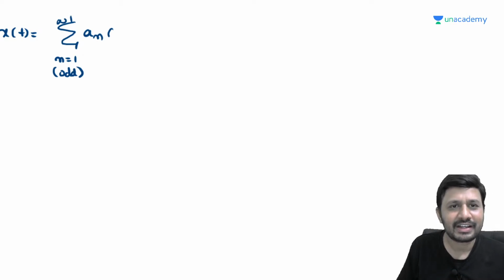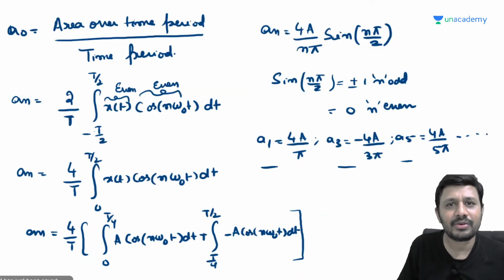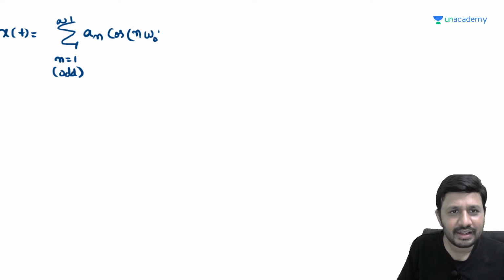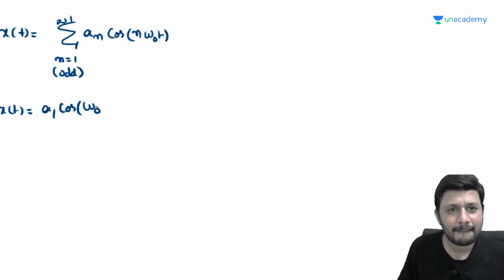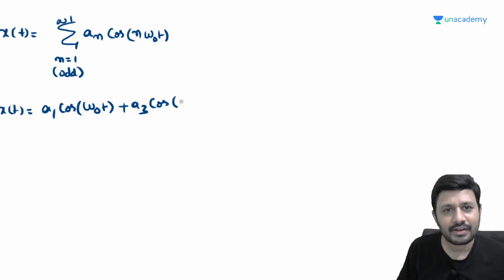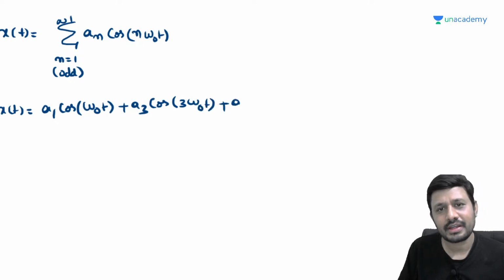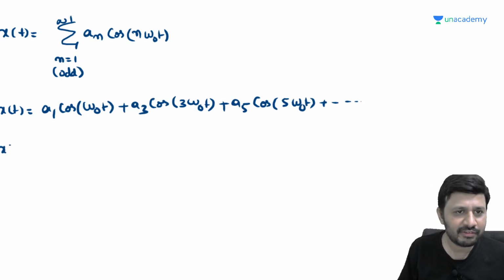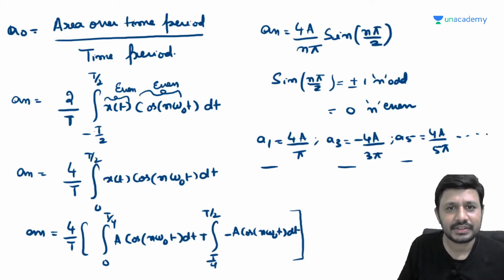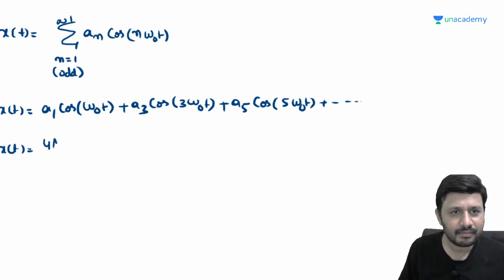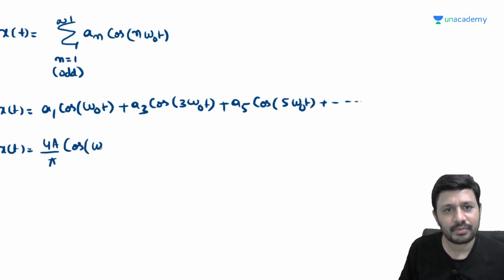So an cos n omega naught t, what is the omega naught value, sir? Omega naught value is 2 pi by T. Oh, that's it. Expand: a1 cos omega naught t plus a3, only odd values you have to go, a3 cos 3 omega naught t. Now if we substitute the values, a1 value is how much? 4a by pi cos omega naught t minus 4a by 3 pi